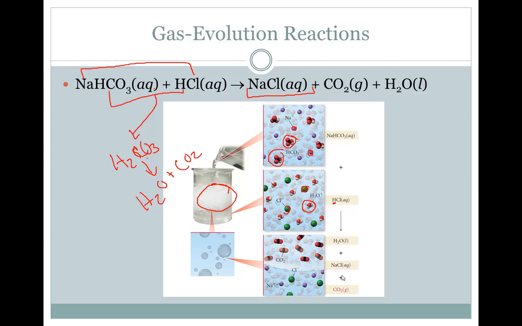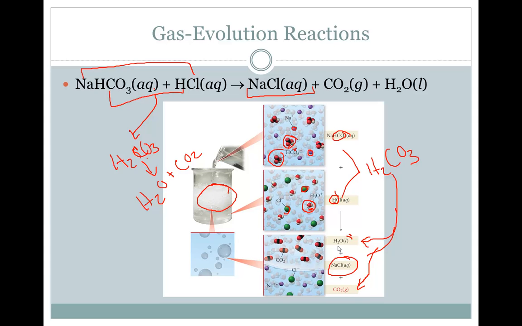And then once it gets mixed together, that H3O here and an OH group from here, these two things are going to come together to form the H2CO3, and then that's going to break down to the water and the carbon dioxide,